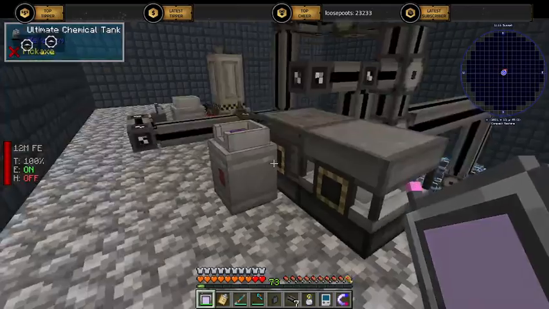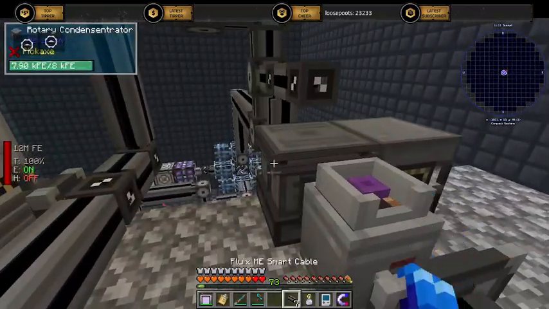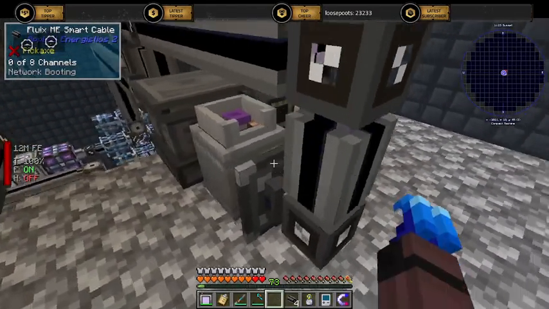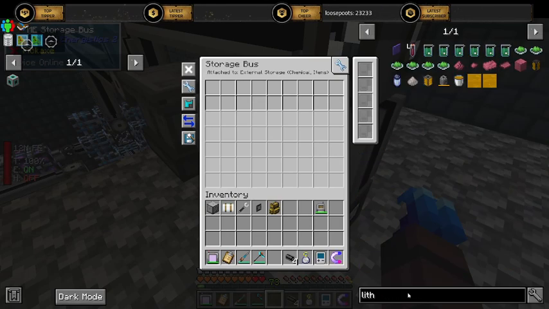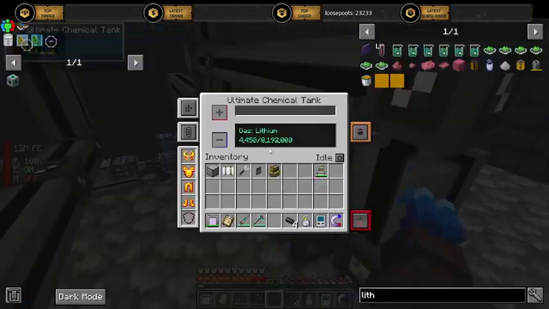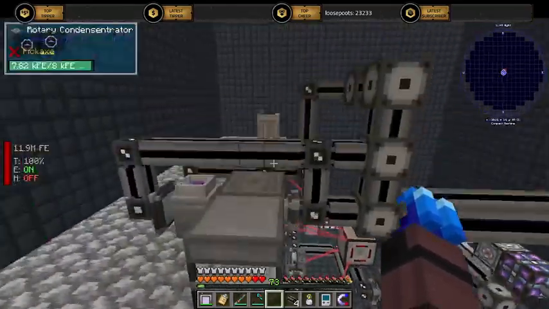And the reason why we want to keep doing this as a storage is because when we do it like this, it's just going to keep to where we can keep an eye on it. And this should be lithium. Boom, boom. Priority 1. Good to go. So you now have 4,000 lithium. So then again, we can